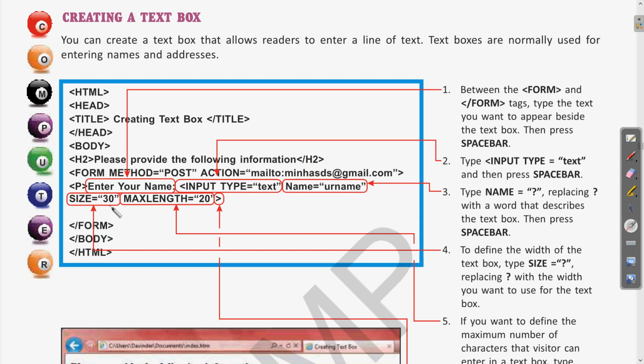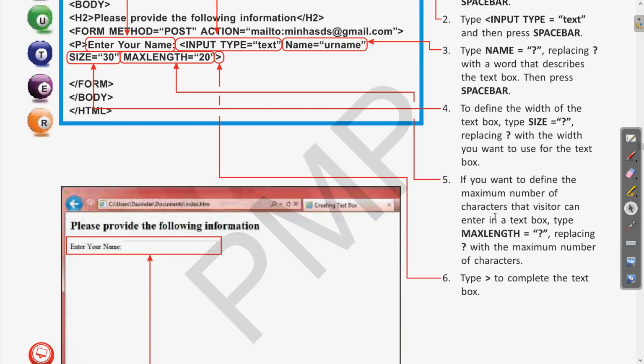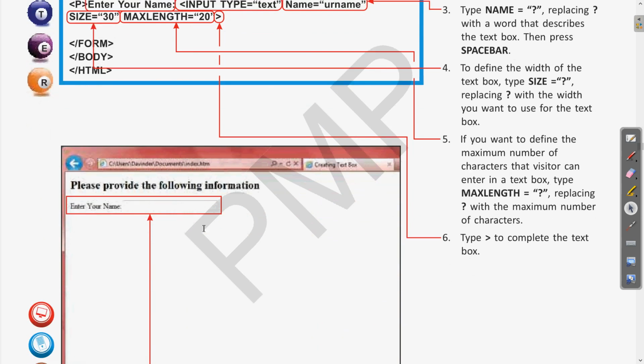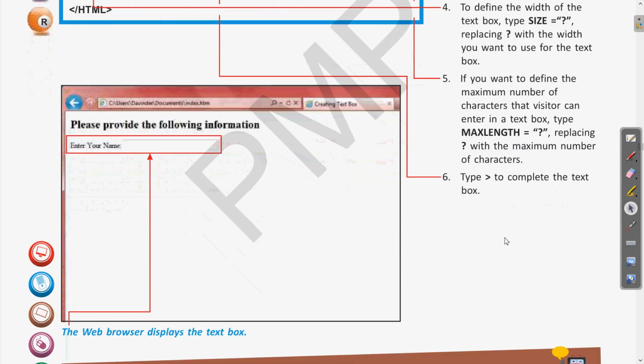Then size is the length of this text box, and maxlength is the number of characters which can be written in this text box. Clear? So this was the basic layout of the text box. Then when we run this in a browser we will get this type of HTML page.